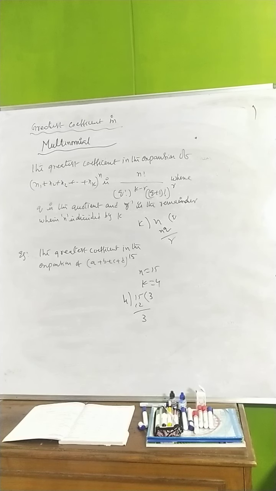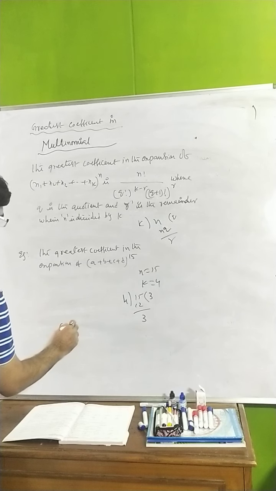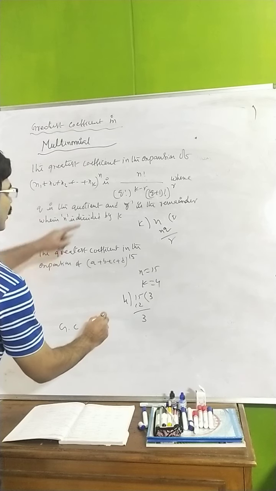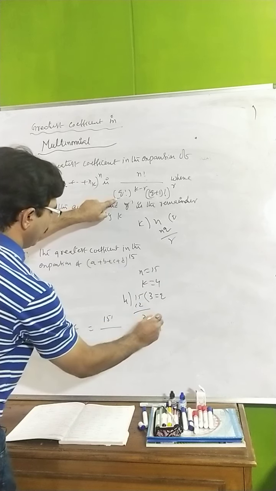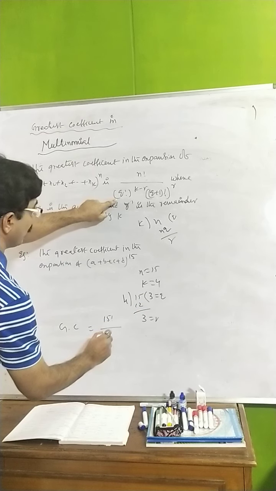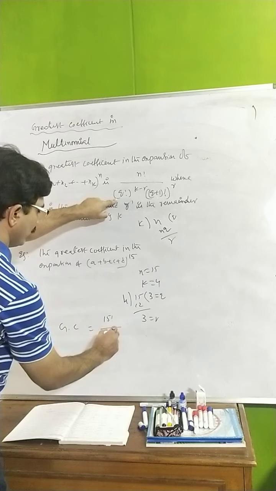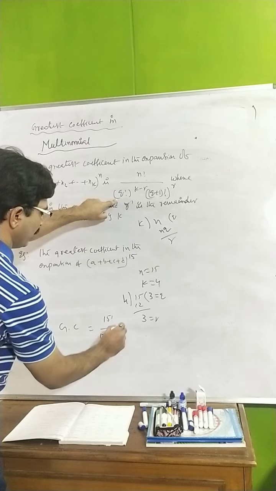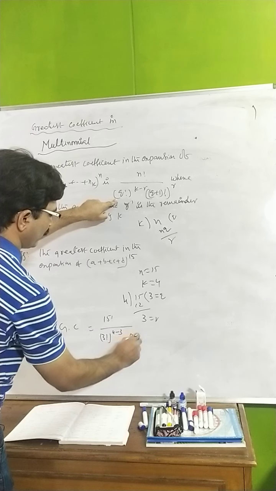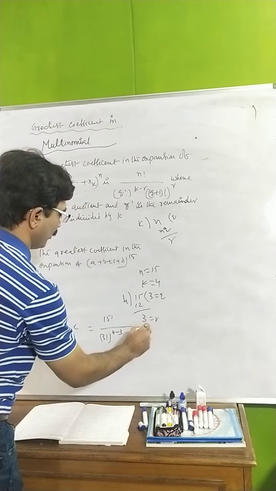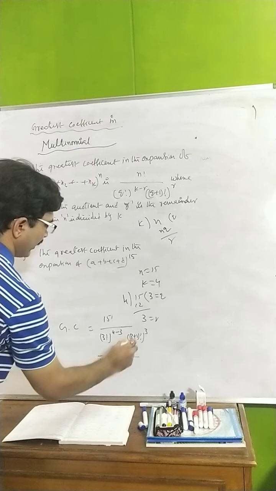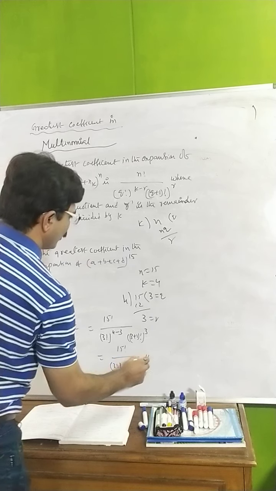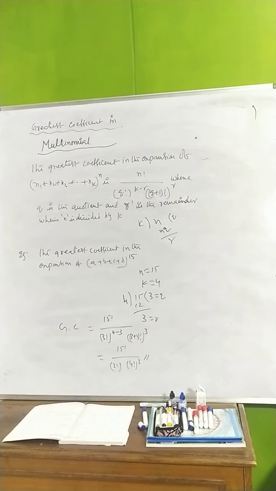Now I think it is very clear. So directly you can write now the greatest coefficient. The greatest coefficient means, according to the formula, 15 factorial, you see here q. q is what? This is q, this is r. q factorial, 3 factorial to the power of k. k means what? 4. 4 minus r. r is what? 3. Now q plus 1, 3 plus 1 factorial whole to the power of r. r is what? 3. Like this. So finally 15 factorial, 3 factorial and here 4 factorial whole cube. You are getting here like this. The greatest coefficient in multinomial we can find like this.